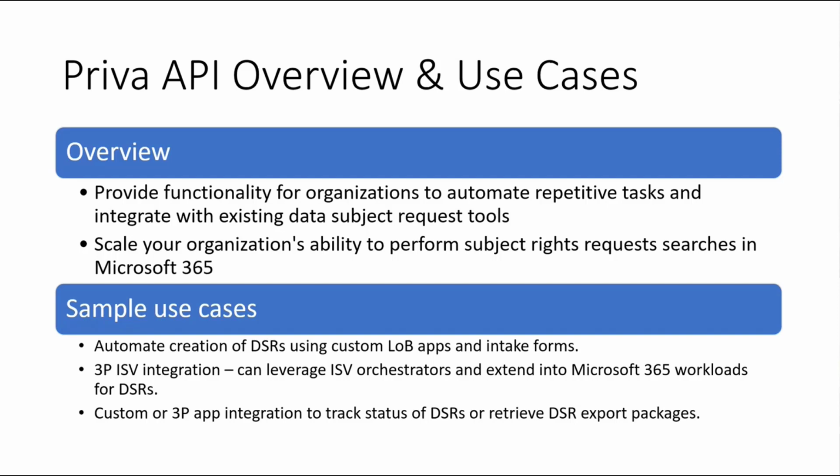When you have to do a lot of these repetitive tasks, or you've got a bulk operation that you're trying to do for those subject rights requests, that can be very tedious. Would you rather have somebody spending hours filling out the forms and kicking off the request for this? Or would you rather be able to prepare some type of CSV file or something else to input and then just query it with the API?